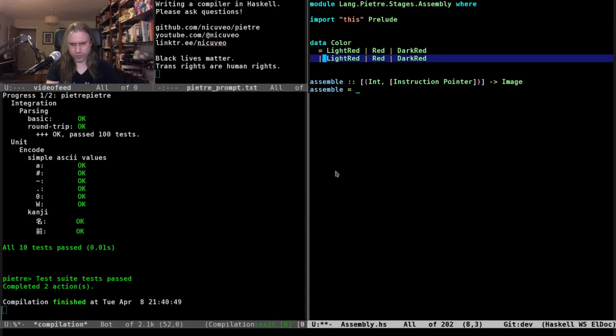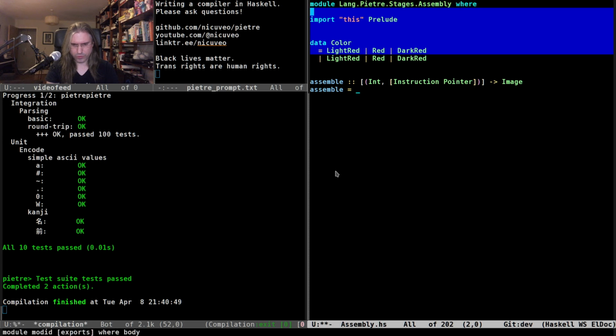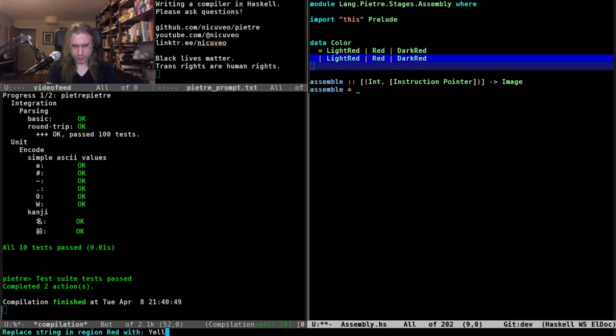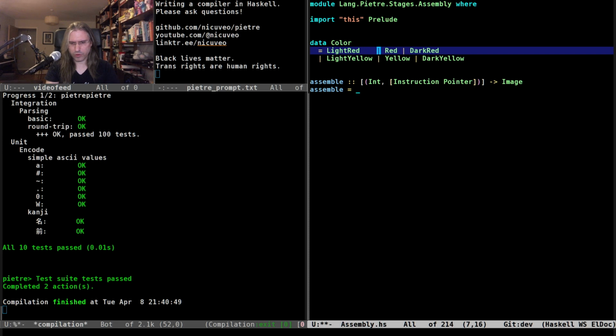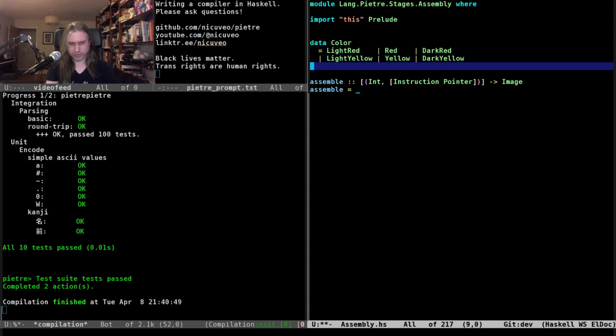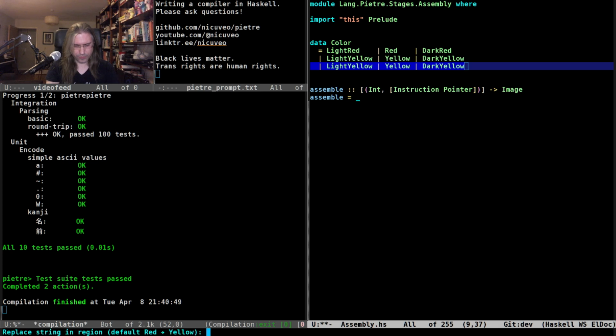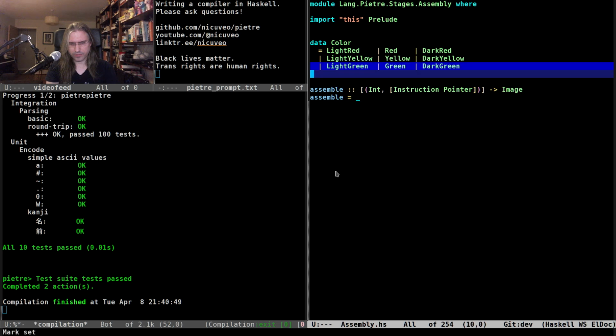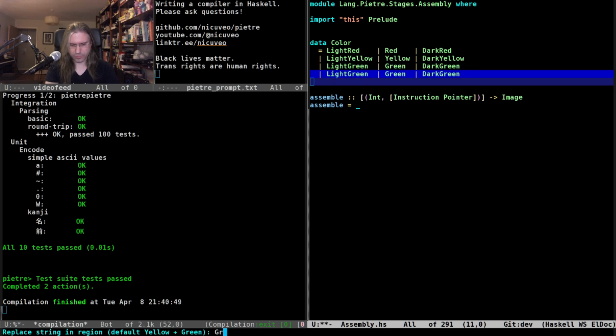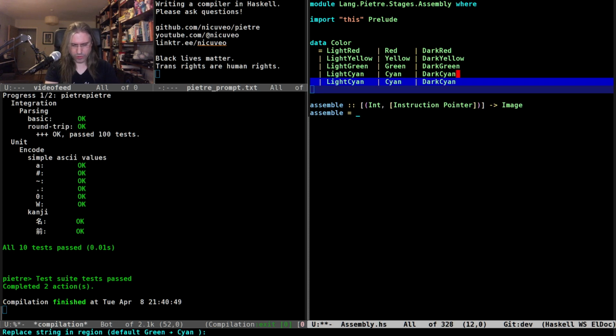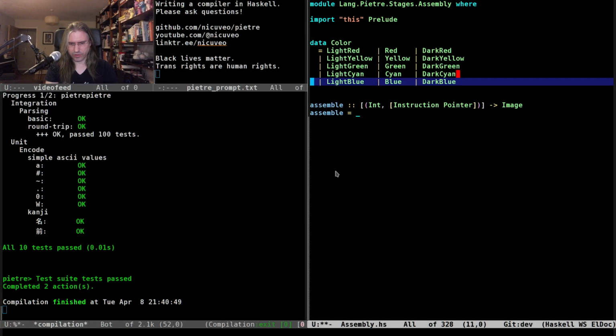Then we have yellow, which is probably maybe the longest, so I can rearrange things based on it. Then we have green, I believe. Then cyan. Then we have blue, and then we have magenta. Might be longer than yellow.